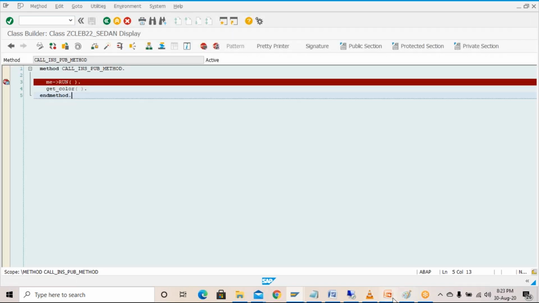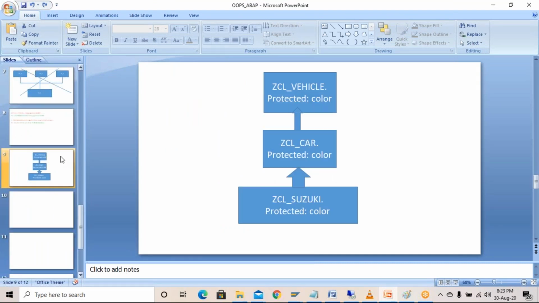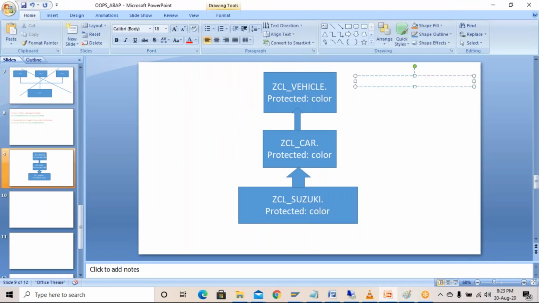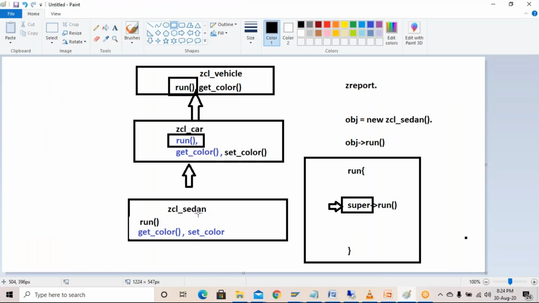Okay, now maybe I will add this point over here. With the help of the super keyword, the very first implementation of the method is called. Okay, very first implementation. If super is there, it does not mean that